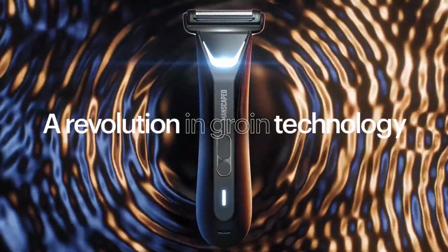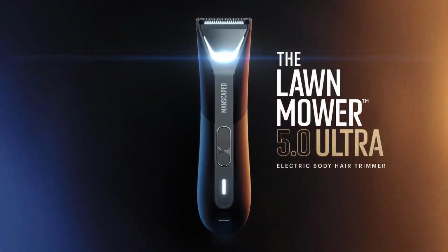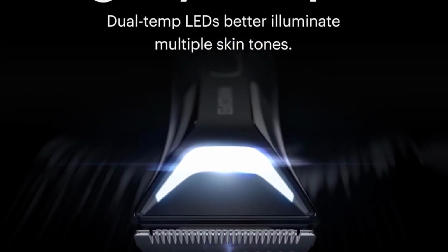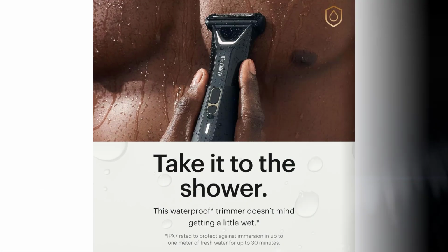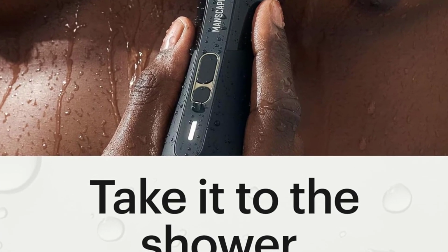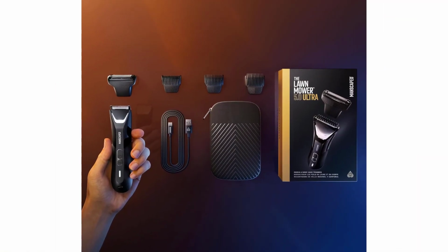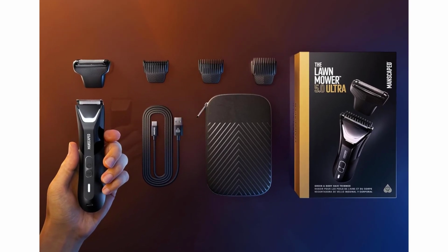The waterproof design allows you to use it in the shower for added convenience, and cleaning is as easy as rinsing underwater. Its compact design and ergonomic grip provide excellent control, helping you maneuver confidently over tricky areas. The Lawnmower 5.0 Ultra is powered by a rechargeable battery with a long-lasting runtime, and it uses USB-C charging for fast and convenient power-ups. The quiet but powerful motor ensures efficient trimming, and the precision of the blades makes grooming